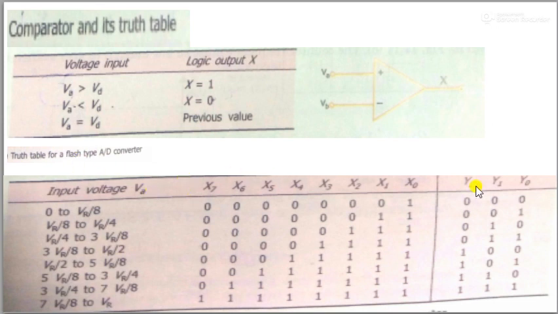Okay. So this is the priority encoder output. The priority encoder outputs are denoted as Y0, Y1, Y2. So this is the lowest priority and this is the highest priority of the comparator. Okay. So if the lowest priority is 1, we don't have any higher priority, so all the outputs of the encoder are 0. And this is the highest priority, this is the lowest priority, so the highest priority is 1, so it will retain, it is at 1.